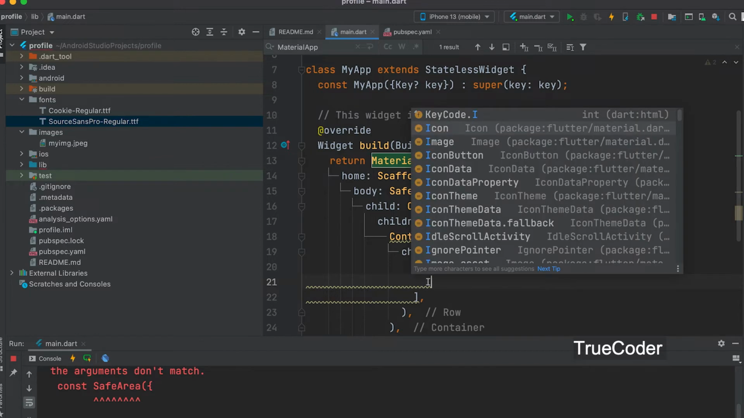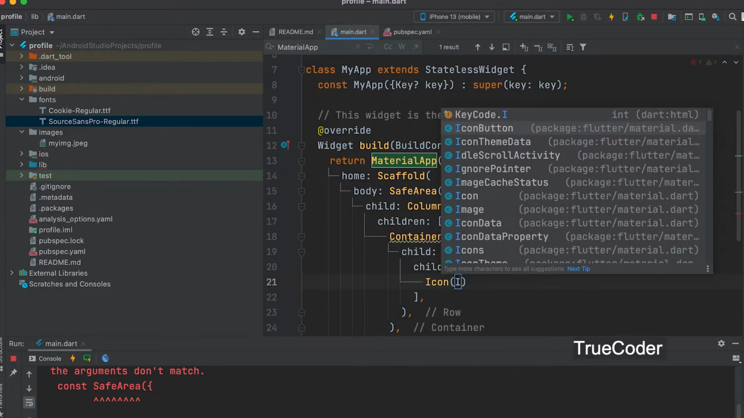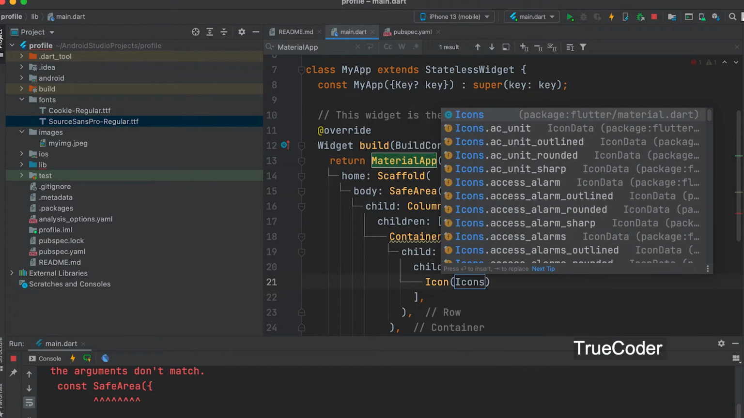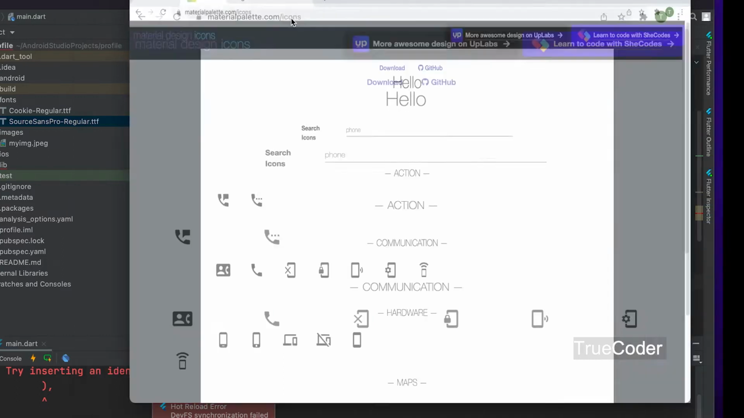Icon. Icons dot. We get a list. From there we get whatever icons we need. It is the material icon list. Once we take the materialpalette.com/icons web page, we can see